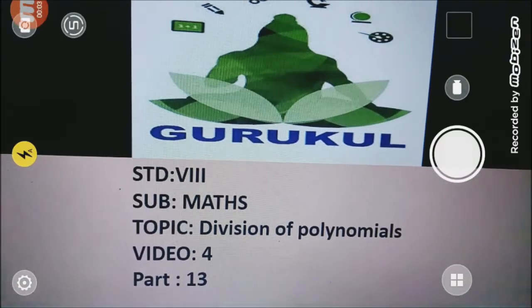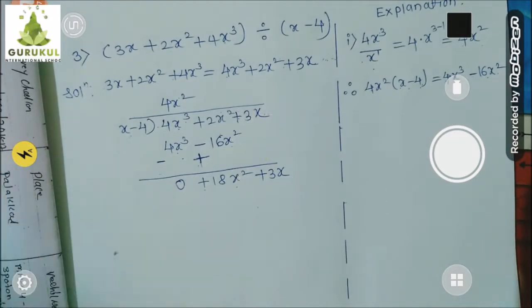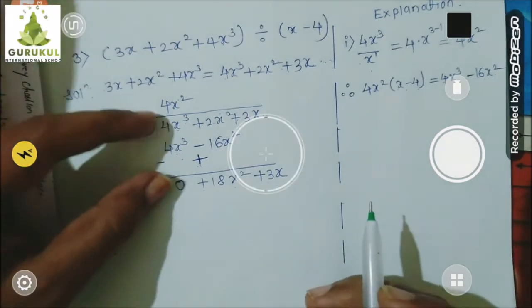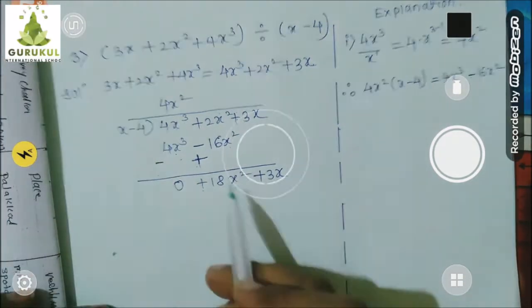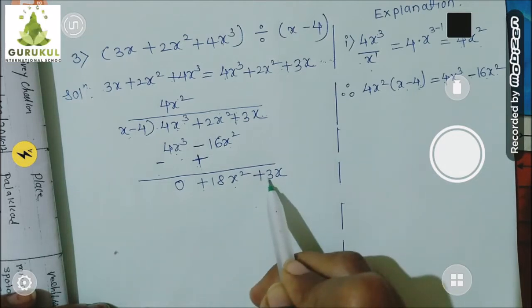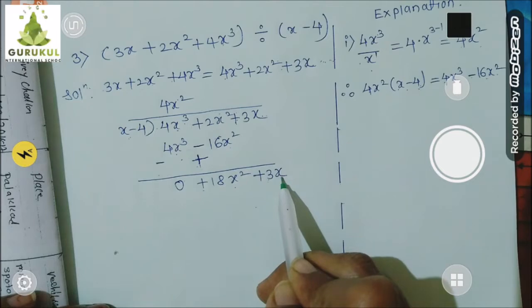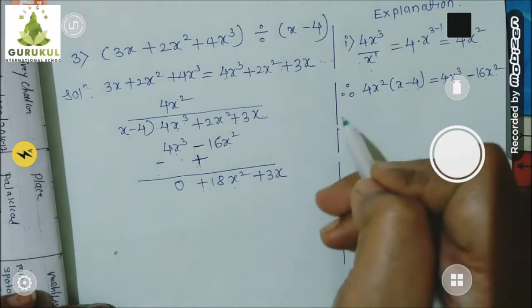Welcome back children. Let's continue that example. So we were solving. First step is done. Now let's start from here. Now same procedure you have to repeat over here. Step number 1. Is it arranged in descending order of power? The answer is yes. X raised to 2 and then x raised to 1. 2, 1. Yes, it is arranged.